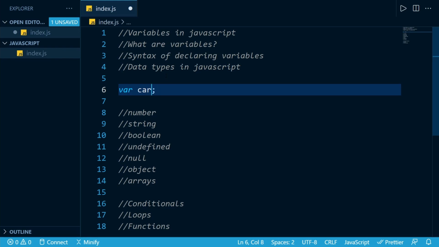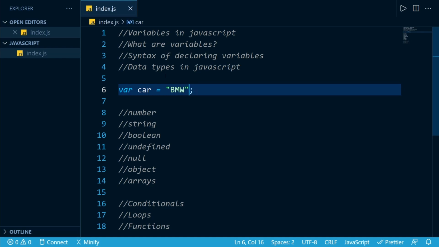You can give it some value using the equal to symbol, and you can give it different values. You can give it a number, for example 2, but it won't make sense for car to be equal to 2. So we can give it a string. A string is basically anything inside of quotes, double quotes or single quotes, both are the same and don't make a difference in JavaScript. But if you open with double quotes, you also have to close with double quotes, so that is one thing you have to remember. And inside of this we can write maybe BMW.